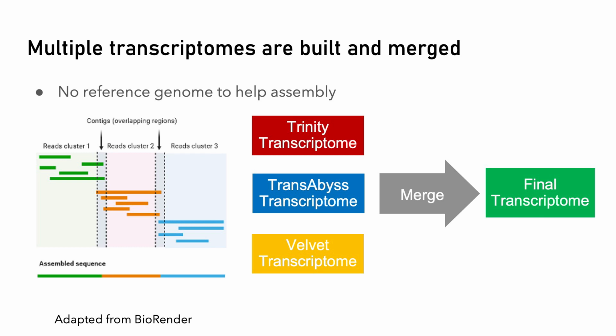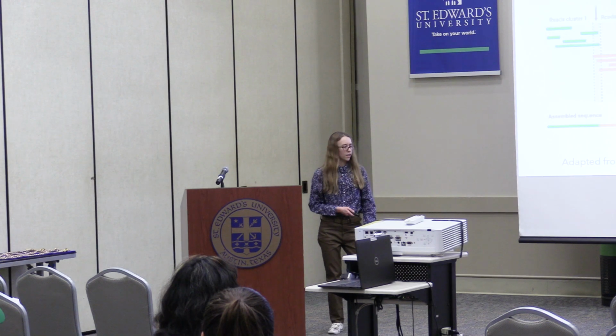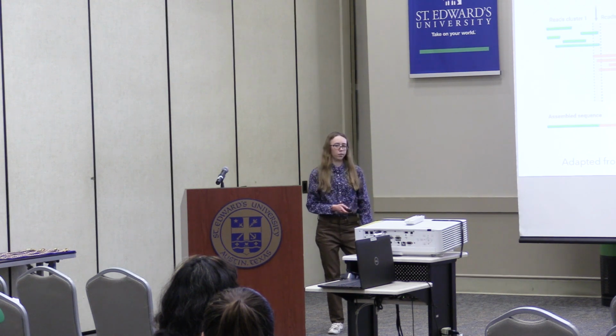Since we're now confident in our sequences, what we need to do next is actually assemble the transcriptome. Because remember, we have all these different fragments, and we have to figure out what order they go in. This is a bit challenging because we don't have a reference genome to use to order them. Remember, this is such an understudied parasite, and we just don't have that available to us.